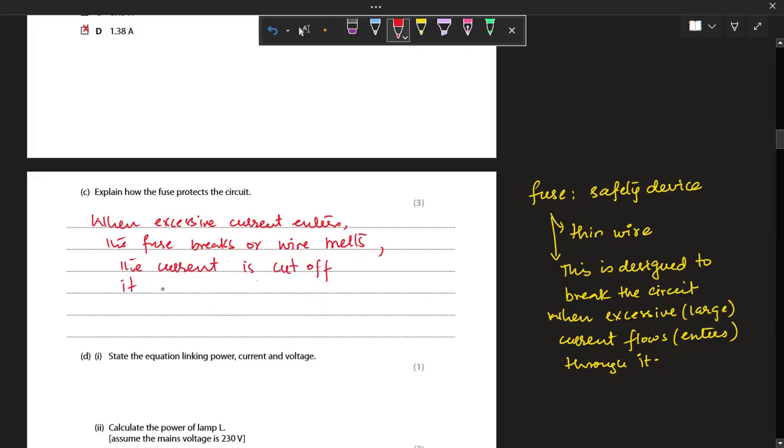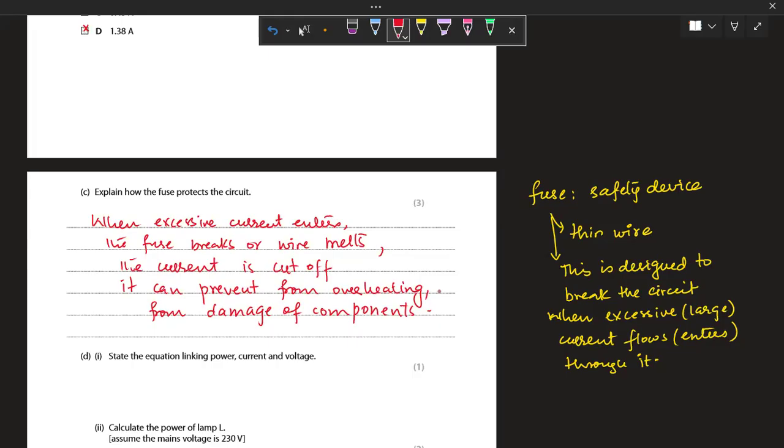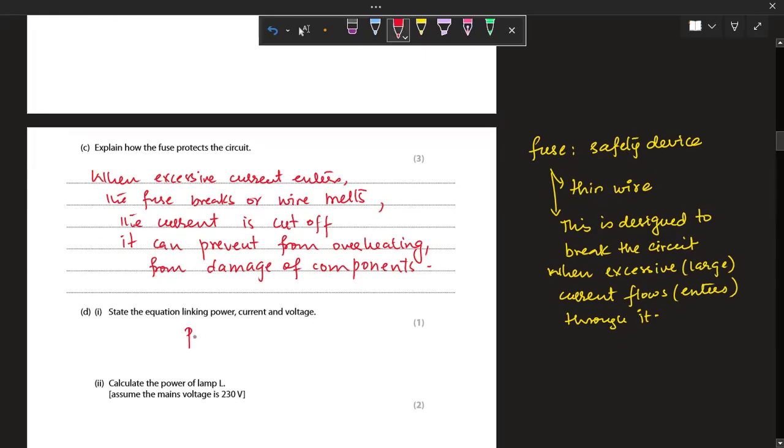It can prevent overheating, number one, and it can prevent damage of components. Clear? This is how the fuse works, right? And it is always connected with the live wire, remember. Okay. Now power equals voltage